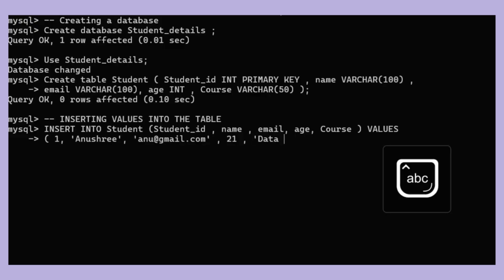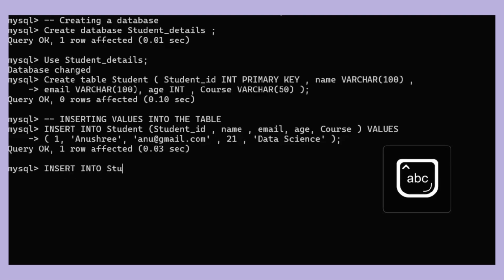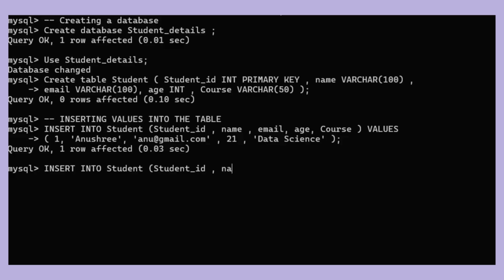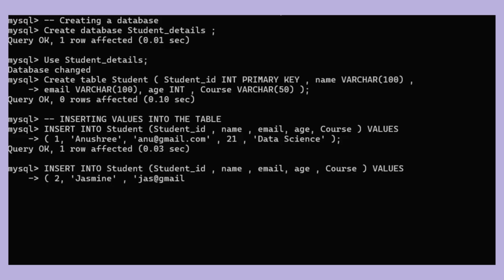Make sure that the name, email, all the varchar characters must be inside quotes, not double quotes, in single quotes. It represents that it is a string format, not an integer. So keep remember that thing. 21 and then data science, their course. Similarly, we will write the same for others.